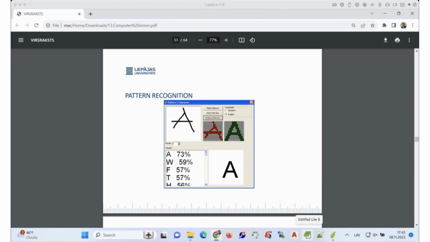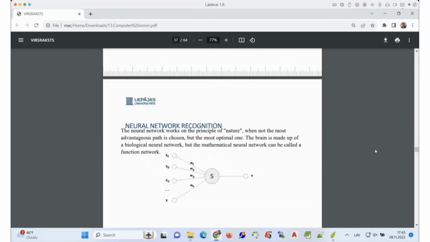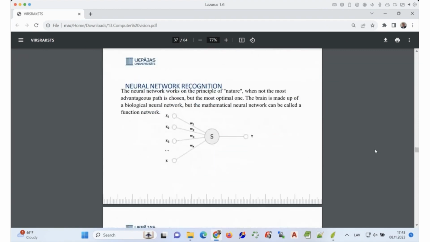All right. So let's maybe take a look at another method, the method of the neural network. Well, the story itself about neural networks is an interesting thing. So have you heard something about neural networks, guys?